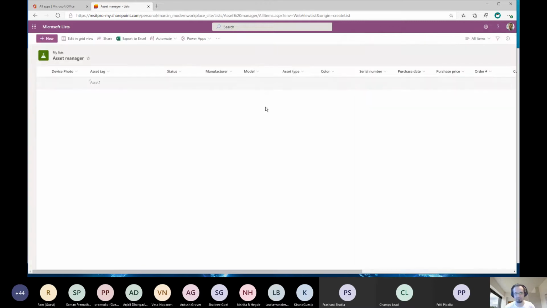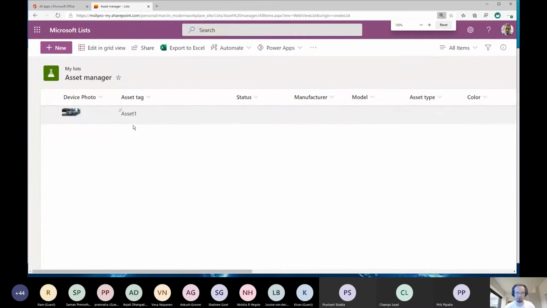And I save that one. As you can make it bigger, you can see if I add any image to my item, the thumbnail will appear on the list view. So it's cool. I don't need to go to my item to check the photo. I can see it directly on the list view.